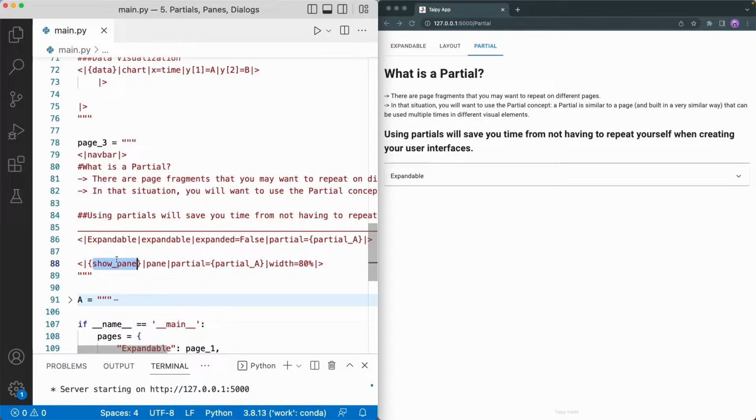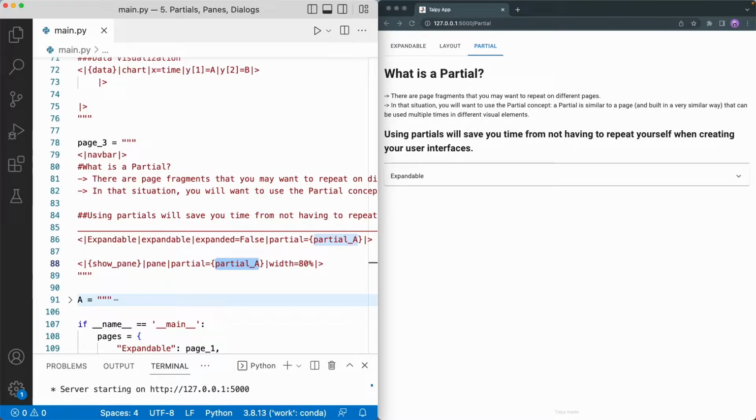In order to fill the content of the pane, you can use either the page or partial parameter. In our case, we'll be using the partial A variable, which can be done by just assigning the partial parameter to partial A, just like an expandable from earlier. In fact, we want to make it to the next level.